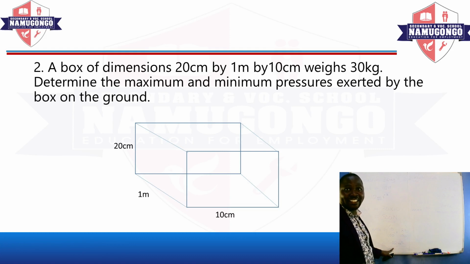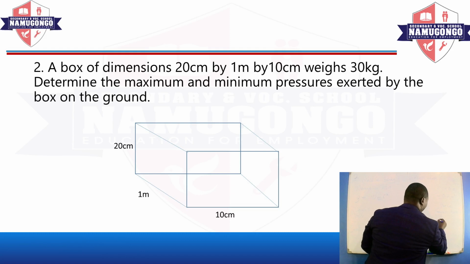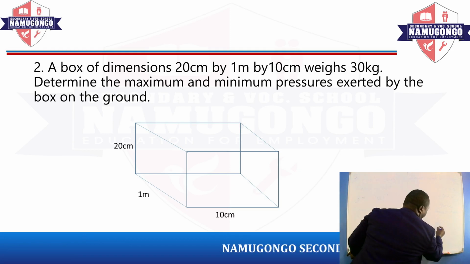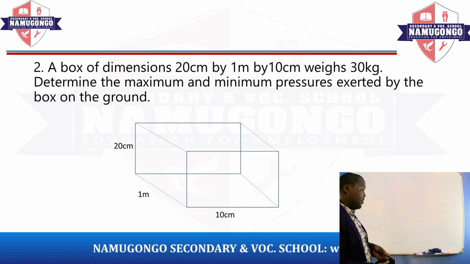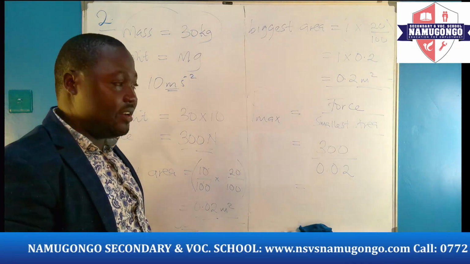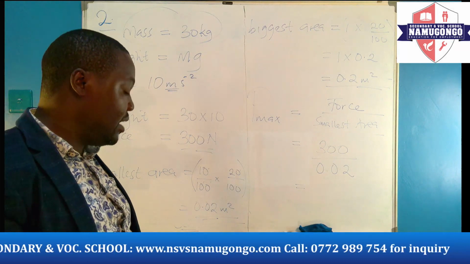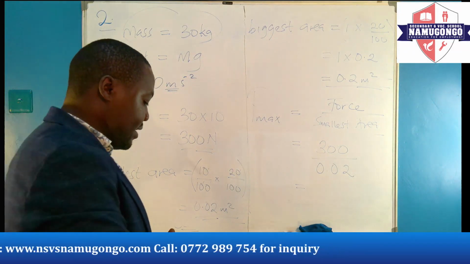Of course, you can see it. 0.02. So I'm going to take that one. So I'm going to get my force, which is 300 divided by 0.02. Okay, you can take out your calculator and try to divide that one. I have 300 divided by 0.02. And the answer there is